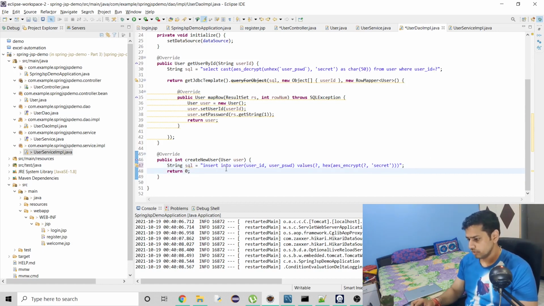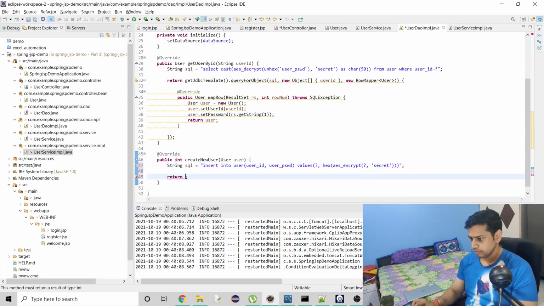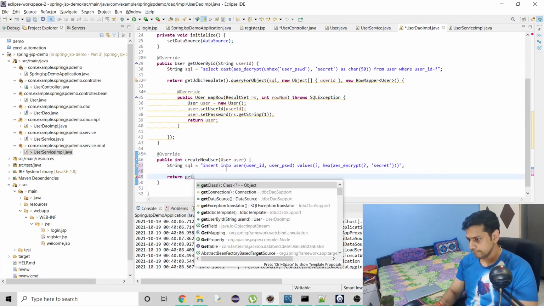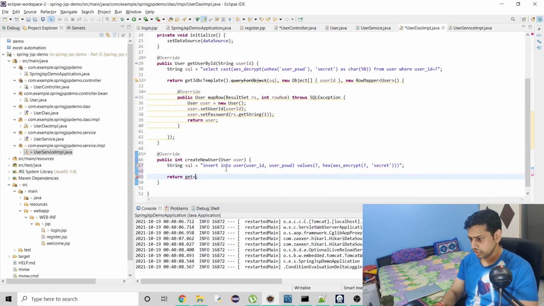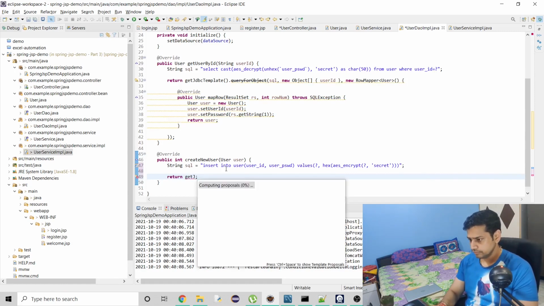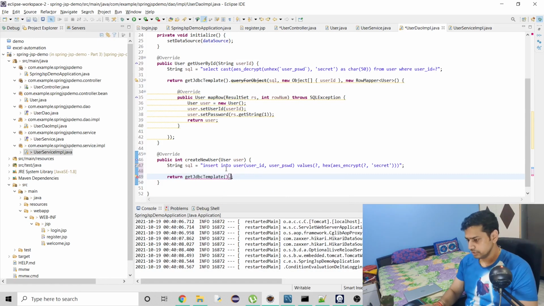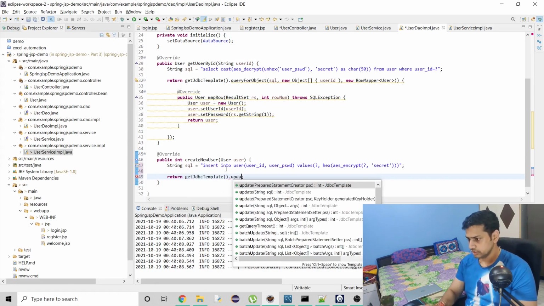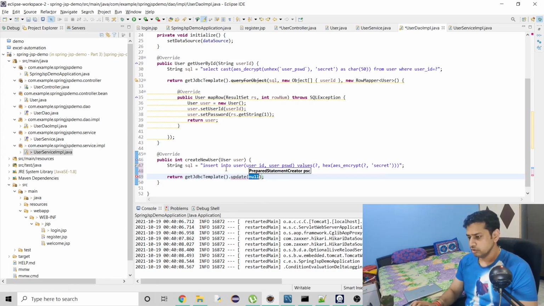Now what we have to do is call our JDBC template to execute the query. So we are going to get jdbcTemplate dot, there is this method update. This update method is going to return an integer, and that is why the return type of these methods that we just added is integer.